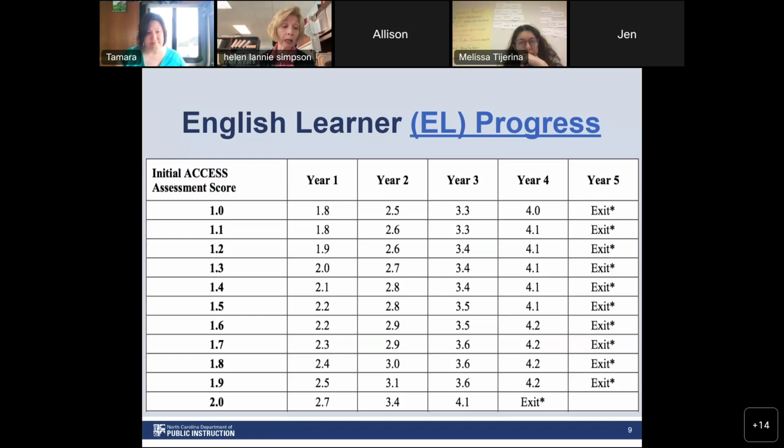We're not planning on getting down into the weeds today, but for a student to be on the table, you would have to have that initial score. And so basically, what we have with EL progress is a fraction: the number of students who are meeting their annual target goal divided by the number of students who have 2 ACCESS scores, because you've got to have 2 ACCESS scores to get onto the table. Okay.